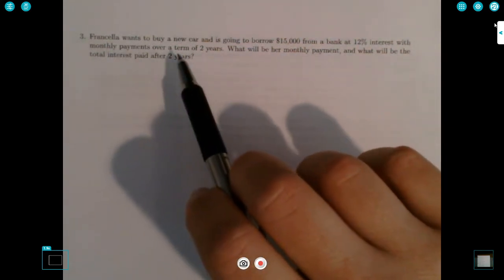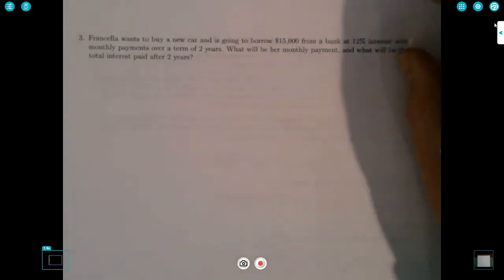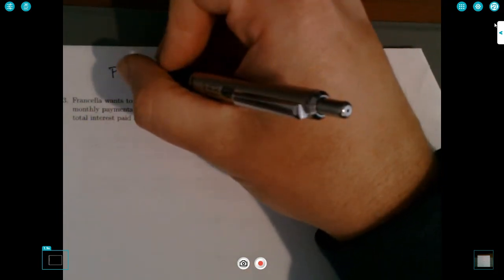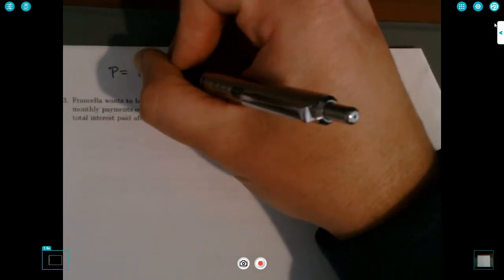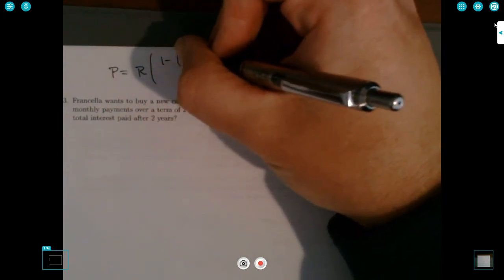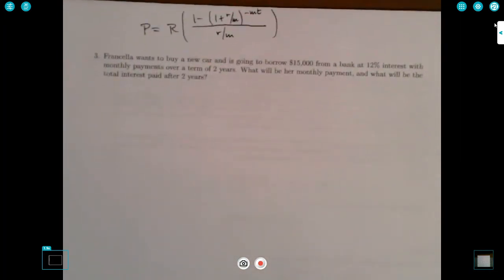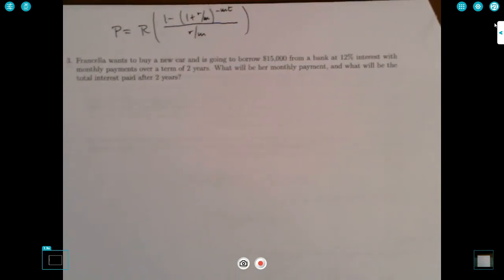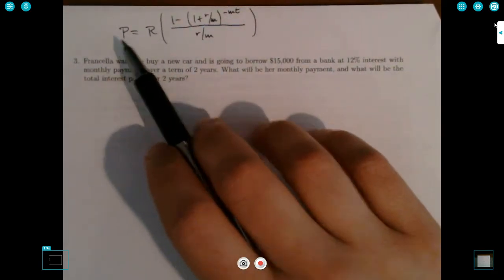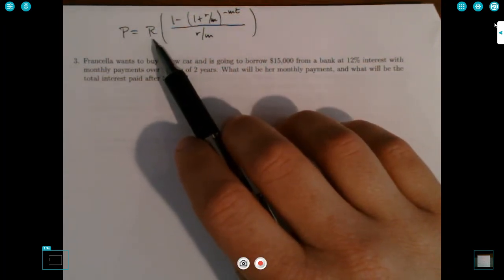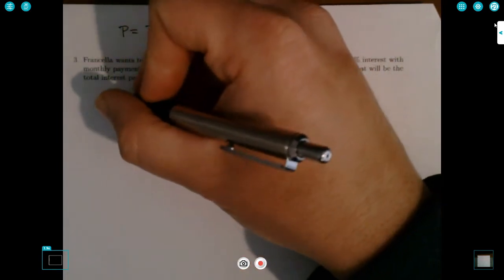So Francella wants to buy a new car and is going to borrow $15,000. That's the present value. And by the way, it might be useful for us to rewrite the formula P equals R times 1 minus 1 plus r over m to the negative mt, divided by r over m, right? This is the formula that we're going to use. And so we know that the present value P is 15,000. What we want to figure out is the R, right? How much is her monthly payment going to be? So we'll say 15,000